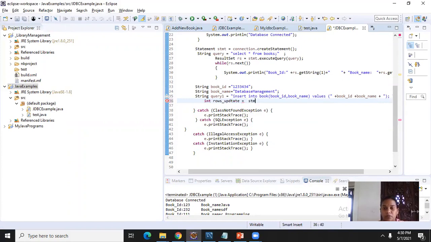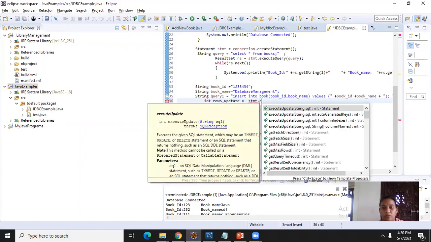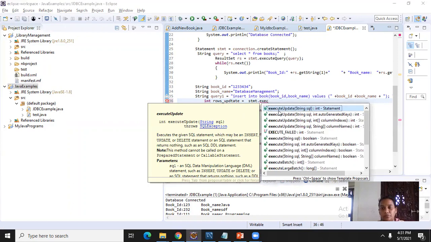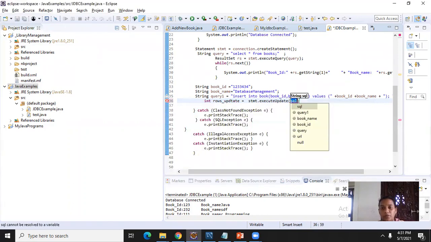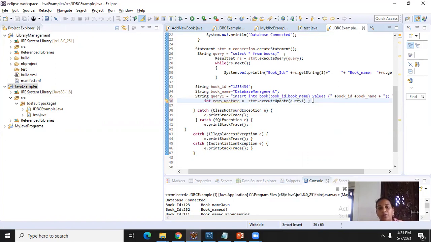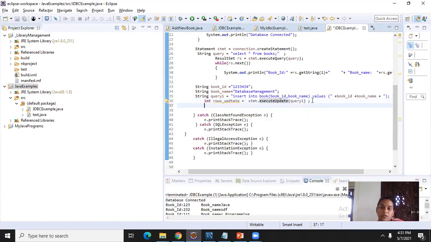Statement dot execute update, here I am using query 1. It will insert this data into the database, and mostly for insertion only one row will be inserted.